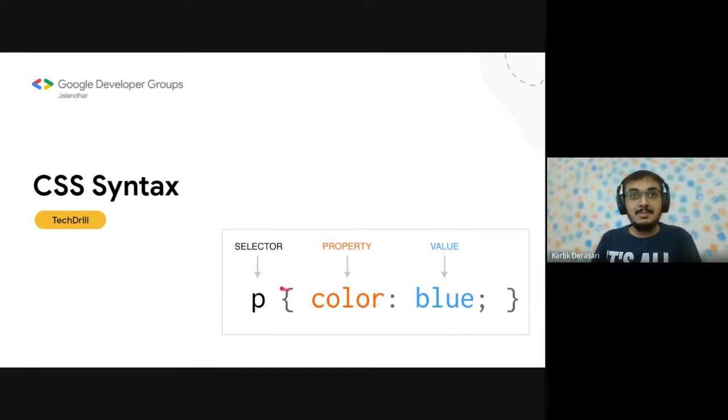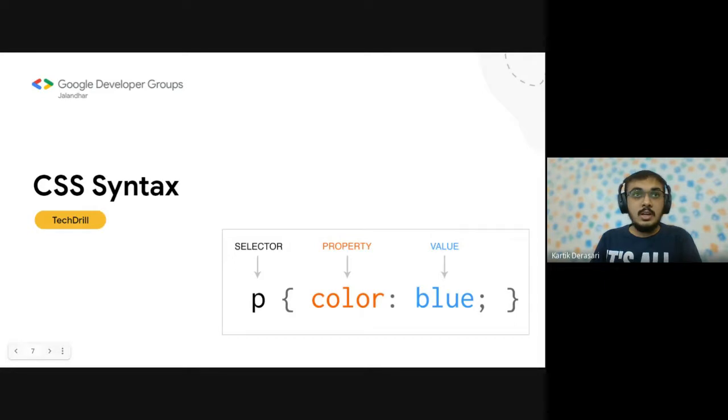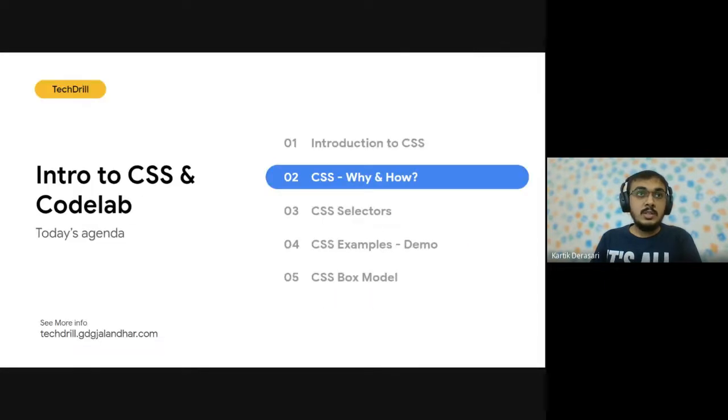It looks pretty simple. When we proceed to the next section, you'll probably find out what we have to do when we write CSS and how we can add that to our project. So let us see